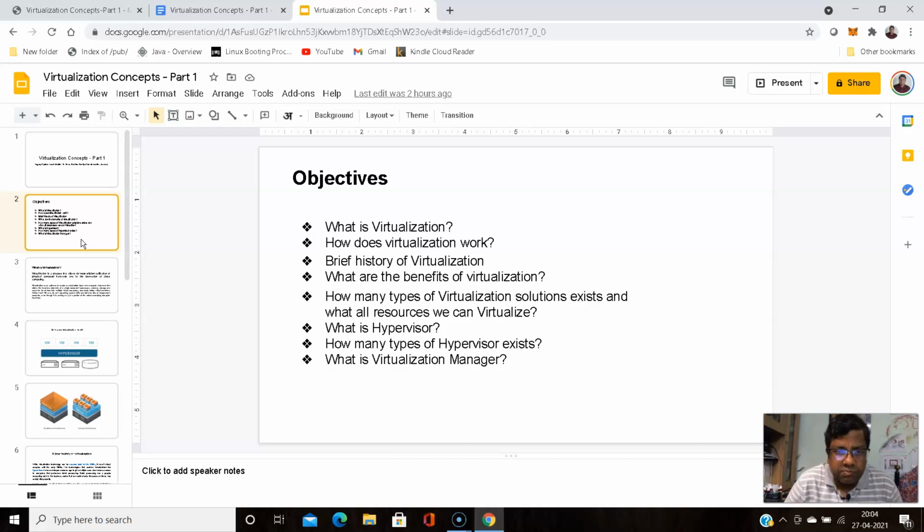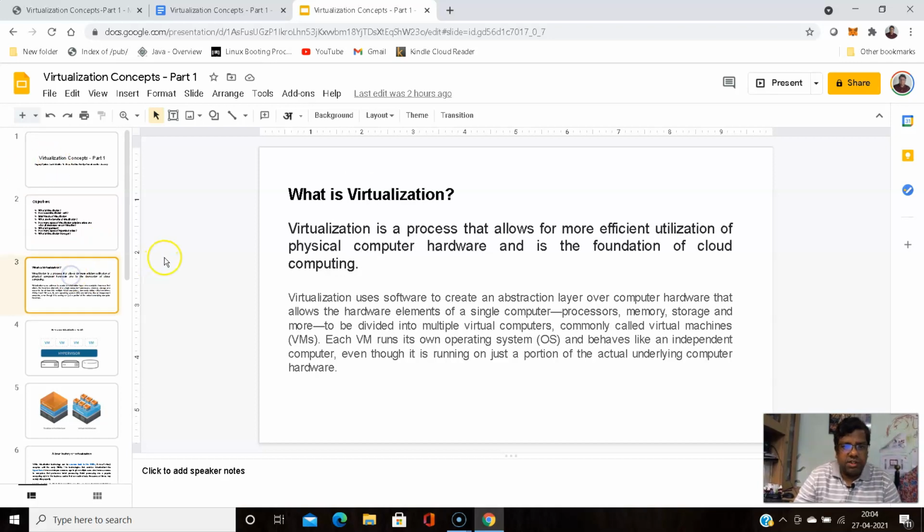Okay, let's start. So what is virtualization? Virtualization is a process that allows for more efficient utilization of physical computer hardware and is the foundation of cloud computing.